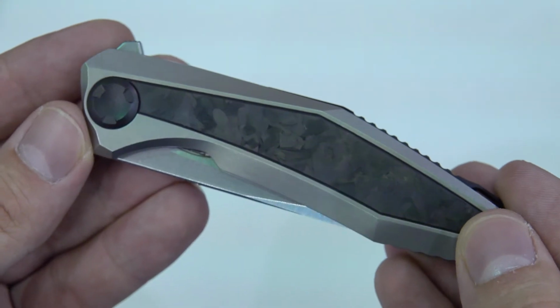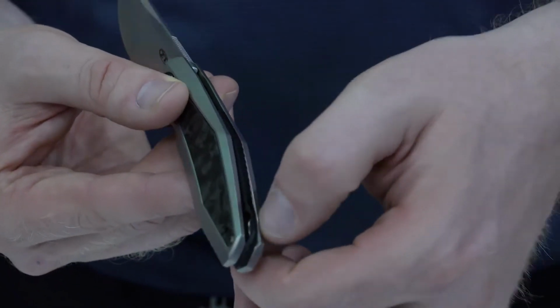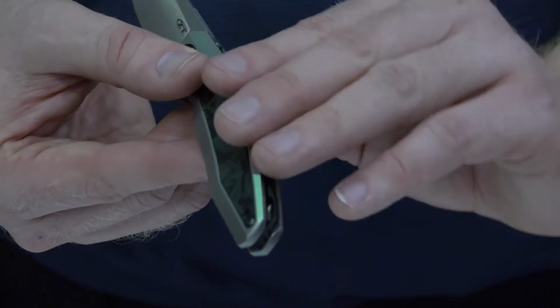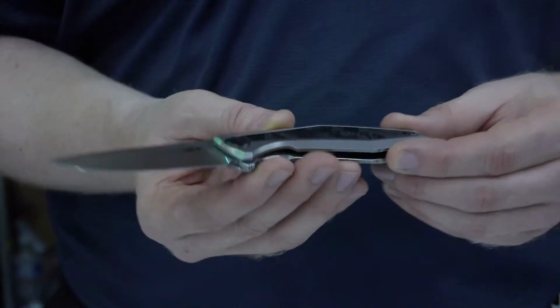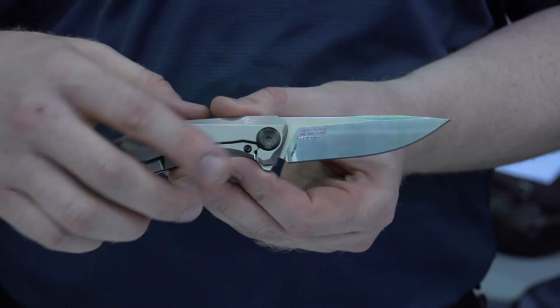The other cool thing about this knife is it has a really nice machined aluminum backspacer. It's pocketed down in between the handles. It has a lanyard loop as well, so you can add your lanyards to it, add a little personalization to this knife. As we flip the knife over, we have a titanium frame lock with a hardened steel lock bar